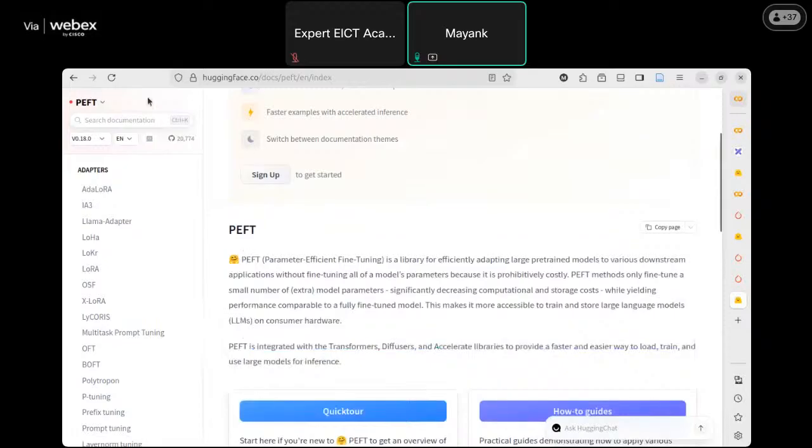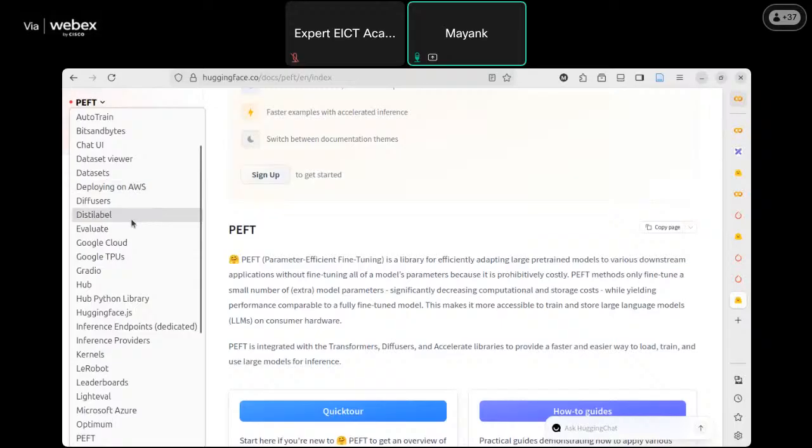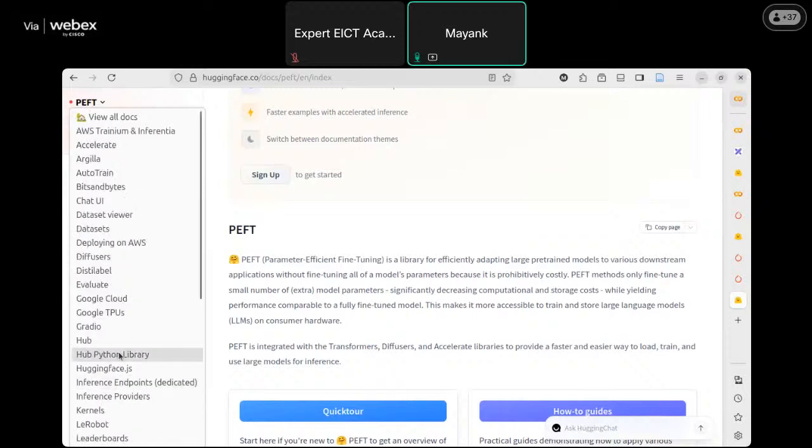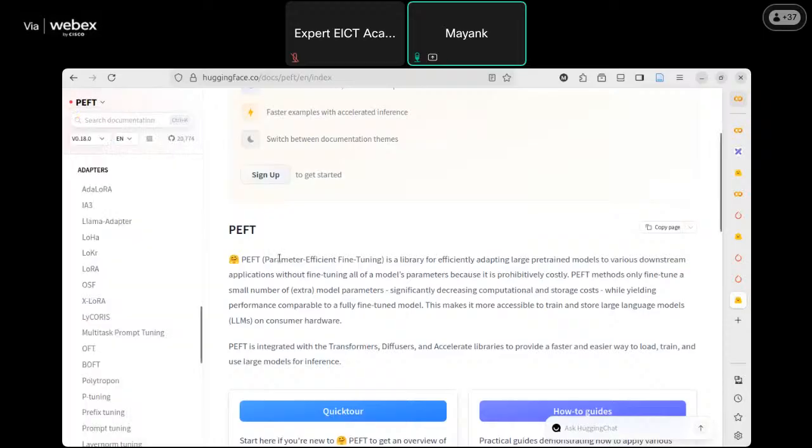Hugging Face has a very good documentation website. You can take a look at this here. There is documentation on the transformers library, there must be something on the datasets library that we were discussing, and there are diffusion models as well. You can get all those models from Hugging Face here. So this is their primer on PEFT, and it will really help you if you are training models on low